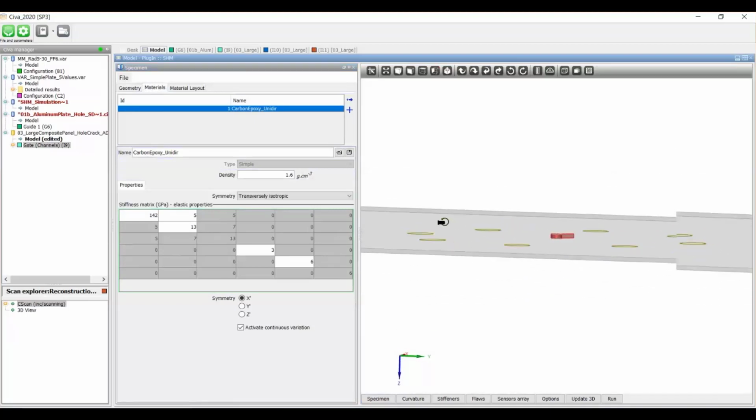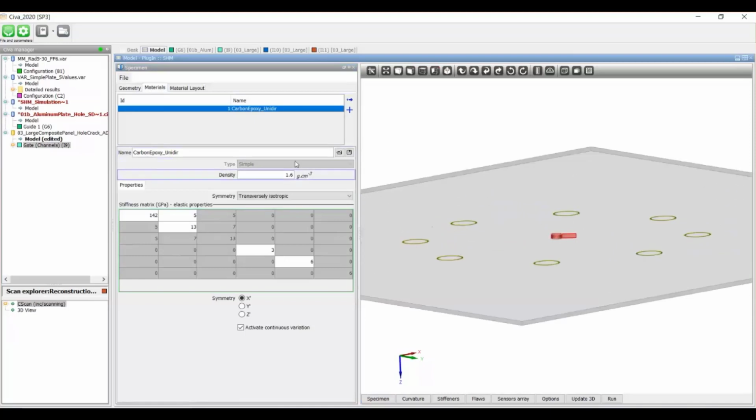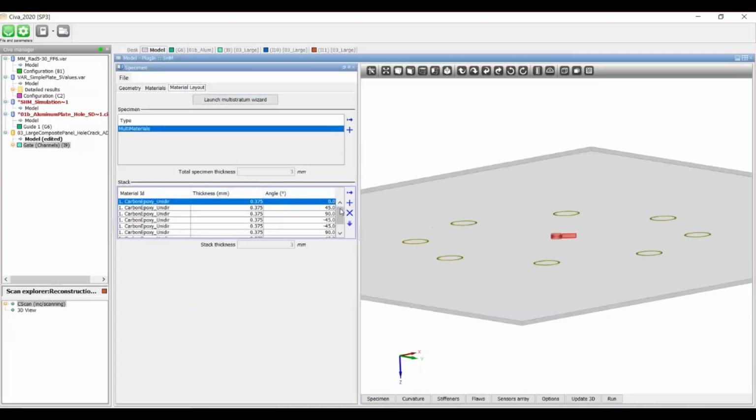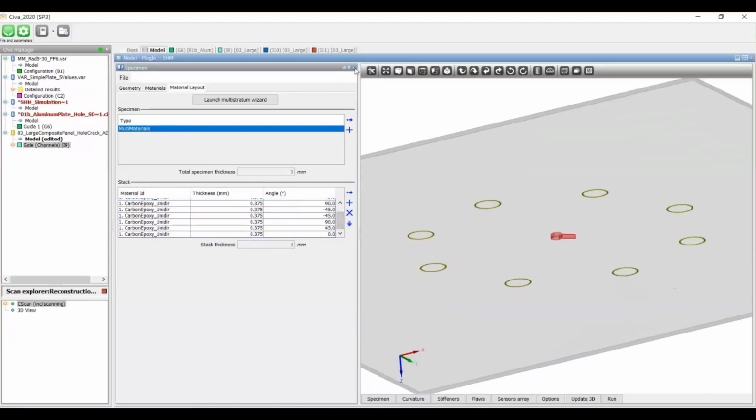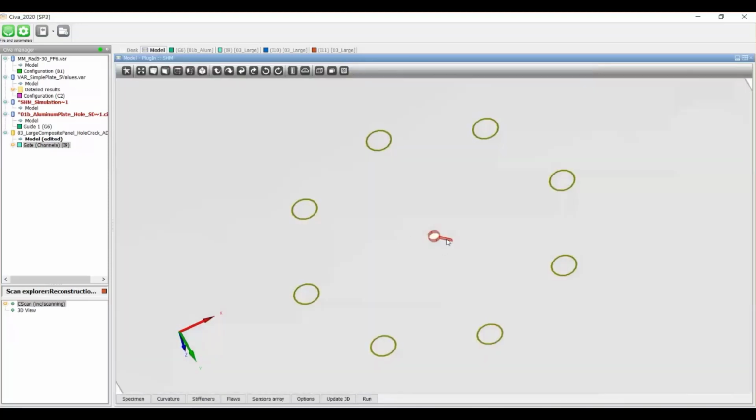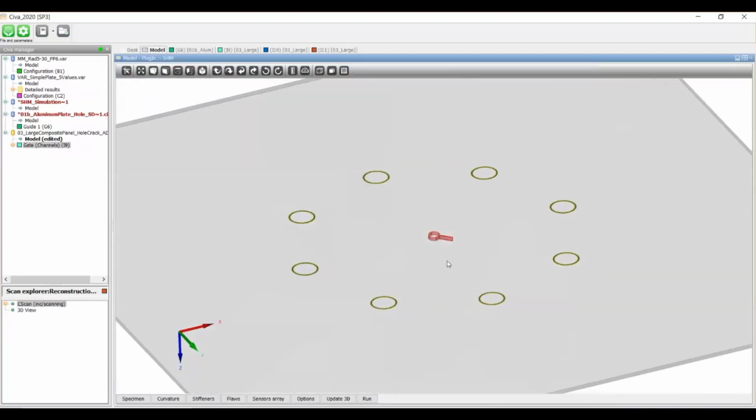One is available in the CEVA materials database, and then you can define a set of stack of plies. Here, eight plies are defined. You have a wizard to help to define this. You can notice different fibers orientations on each ply on this menu. So here we have the thickness of each ply, which defines the whole structure. Okay, a hole and also a crack have been defined here, and a circular sensor grid has been considered.